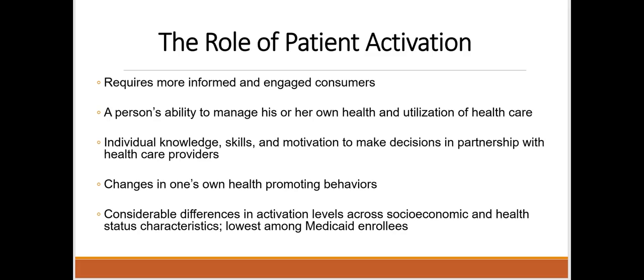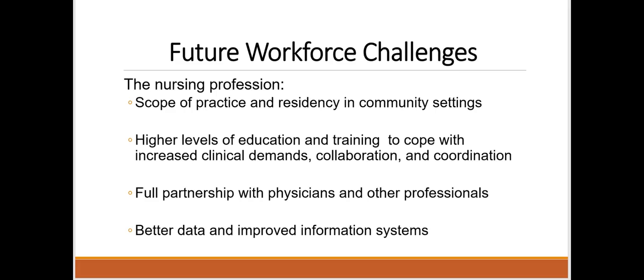All right, so next I will be going to the slide covering future workforce challenges. We're right here, which is slide number 42. Now, the 4 main recommendations that have been put forth regarding the nursing profession. The first one is uniformity in the scope of practice for advanced practice nurses. So this has been impeded by varying licensing and practice rules across states. Residency programs should include community settings.